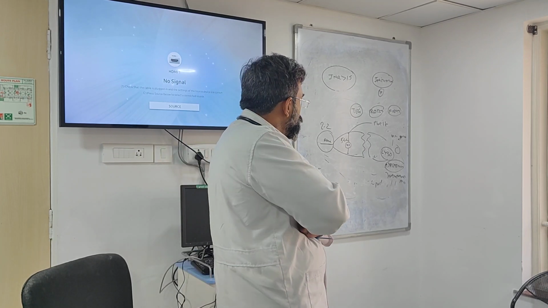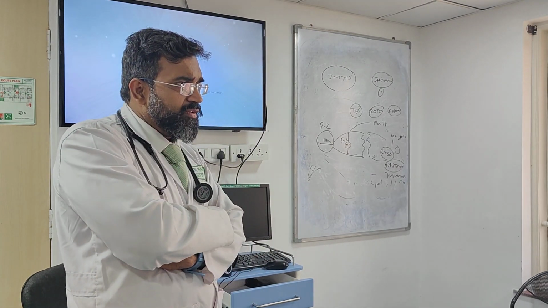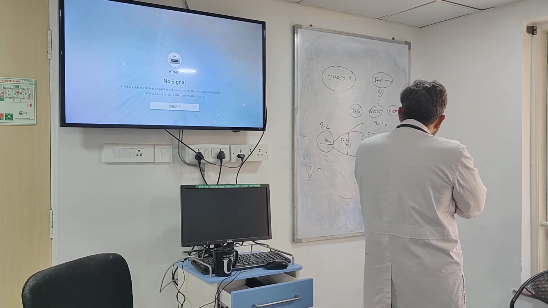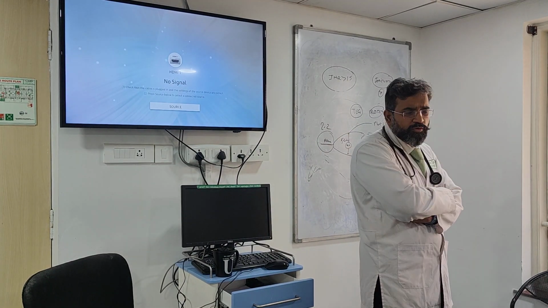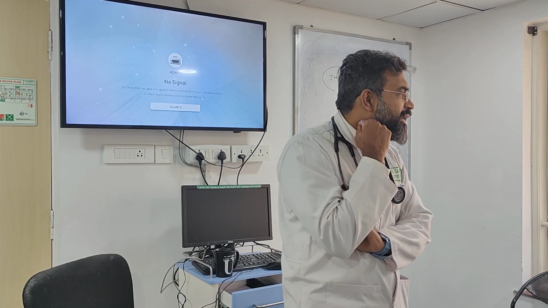You understand? So how do you tackle this then? So if you have a patient that comes to you, how do you tackle this? If, say for example, you have an enzymatic pathway that is down, okay, so what can you do in these cases to prevent it? So what happens if a patient comes to you? You've seen this very often that you put in a central line and